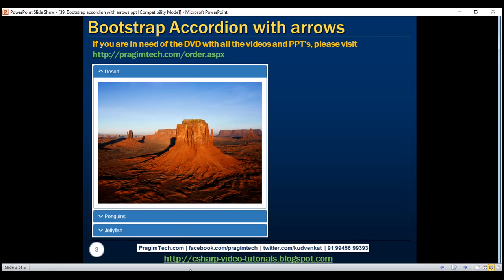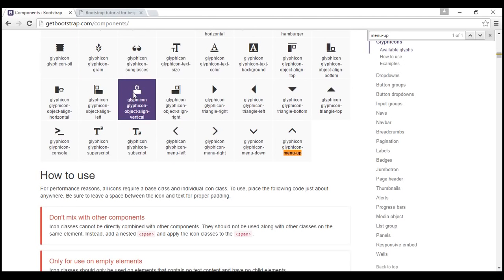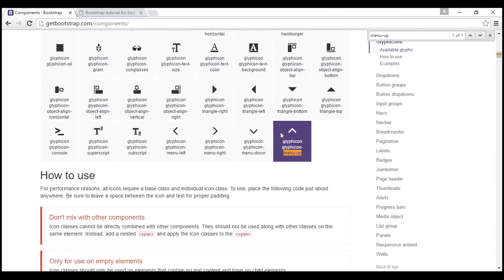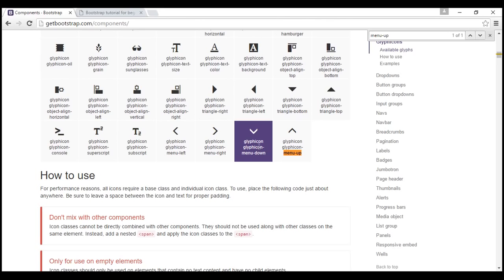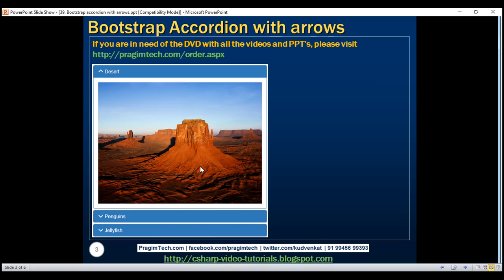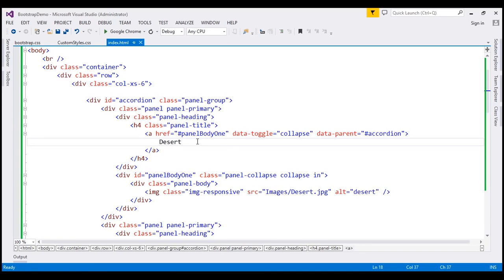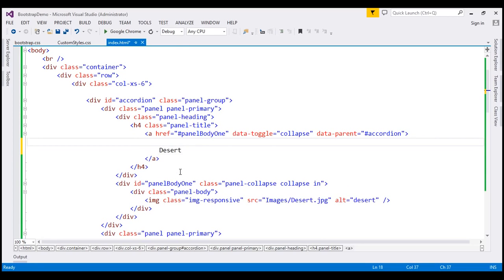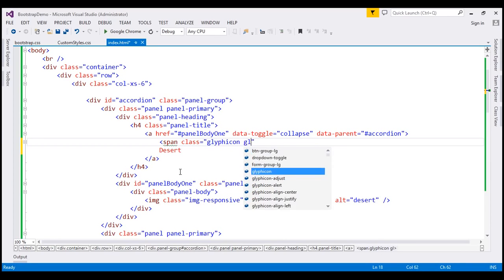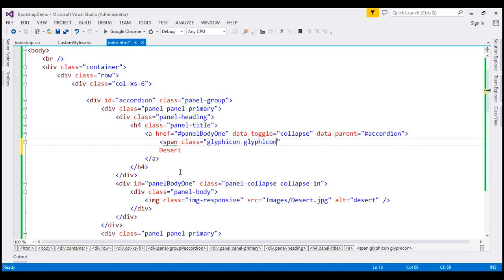To get the arrows, we are going to make use of glyph icons. So to get the upward pointing arrow, we are going to use this glyph icon, and to get the downward pointing arrow, this glyph icon. Now if you notice where we want these glyph icons, we want them just before the panel heading. So before the panel heading within the HTML, I'm going to include a span element, and the class for this is going to be the name of the glyph icon. So the glyph icon that we are going to make use of is glyphicon